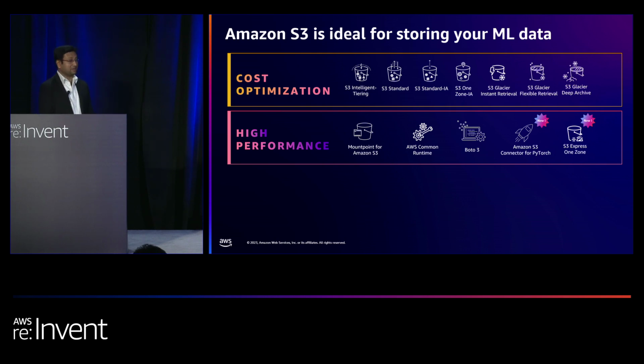Besides these client-side optimizations, we also announced a brand new storage class yesterday. It is called S3 Express One Zone. S3 Express One Zone is a new storage class that is purpose-built for delivering low-latency access for performance-heavy workloads. It's specifically useful for latency-sensitive workloads, for example, for training jobs where you have a lot of random data